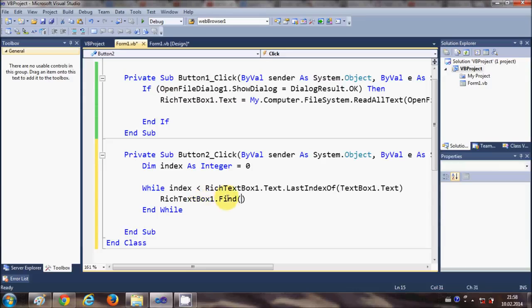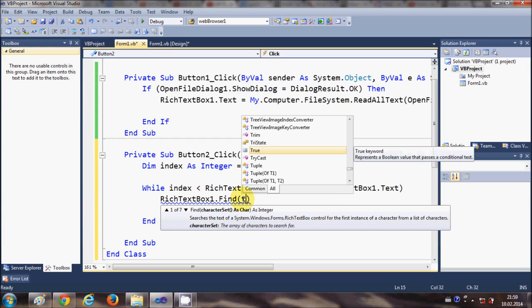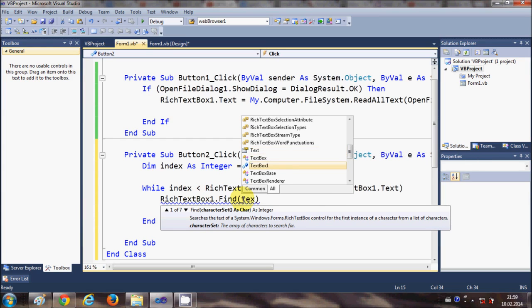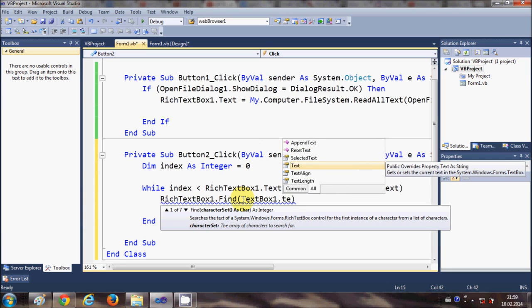Just hover over this find, and let's see if it shows any suggestion or not. No, right now it's not showing any suggestions. So this find takes 4 arguments. First argument will be the word we are searching for. So the word we are searching for is in our text box 1. So write text box 1 dot text,